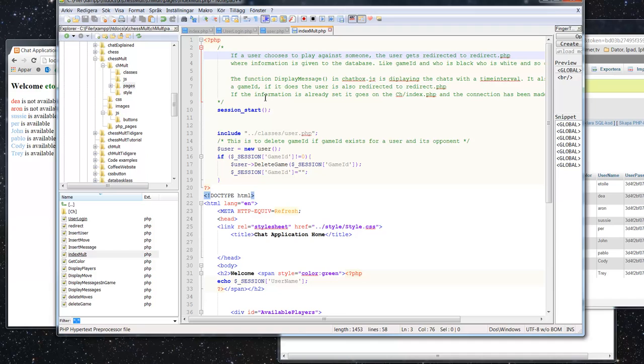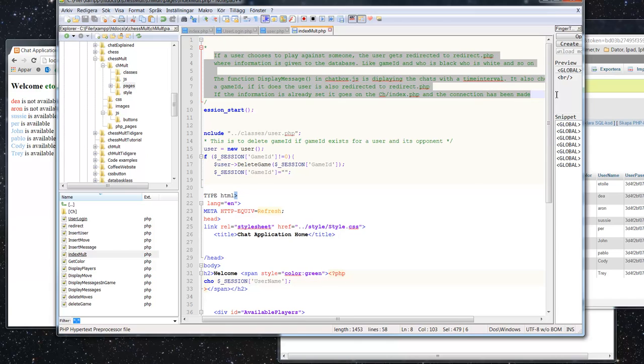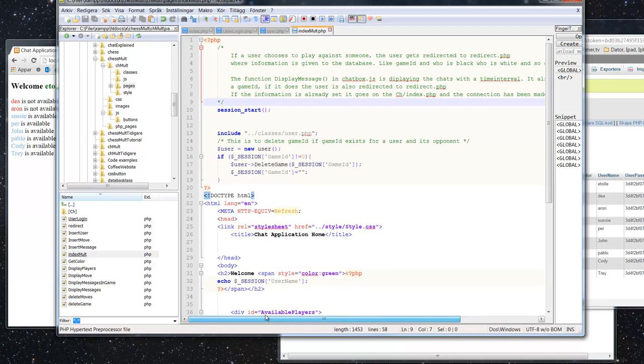You can read this. I think it's because it's when you're coming back to this page that this is happening. So what will happen is, we have a session start, we get the variables from the session,